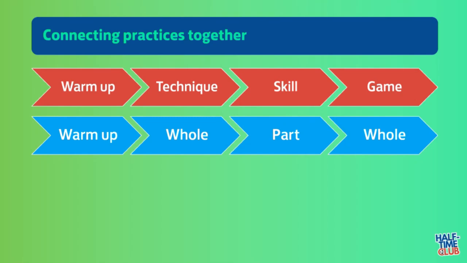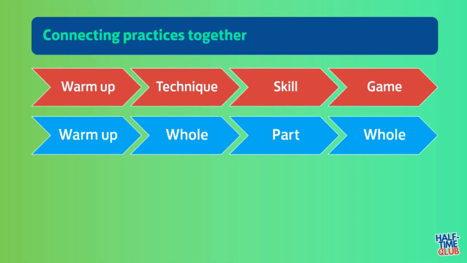So, for example, if I want to see how good people are at winning the ball back, I might put on a game and say to you, if you win the ball back within 5 seconds and score, you get an extra goal. But I'm deliberately doing that whole so I can work out what I then need to do in the part practice to help them get better at the whole. So the reason is you start big, take a part out, put it back in, rather than just a game, do whatever you want and go back into a game. Not to say that's wrong, by the way, but there's a bit of a misinterpretation on that way of organising a practice.